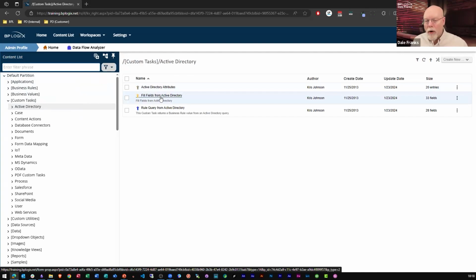When I import my form, where I'm wanting to grab some fields from Active Directory, the reference to the custom task is only going to be findable by its name and folder path. So Process Director is going to look in the system into which it was imported, and think to itself, well, when I was exported, this custom task resided in this location with this name. Does it reside in this location with this name on this server onto which I'm imported? If so, then the linkage just happens automatically.